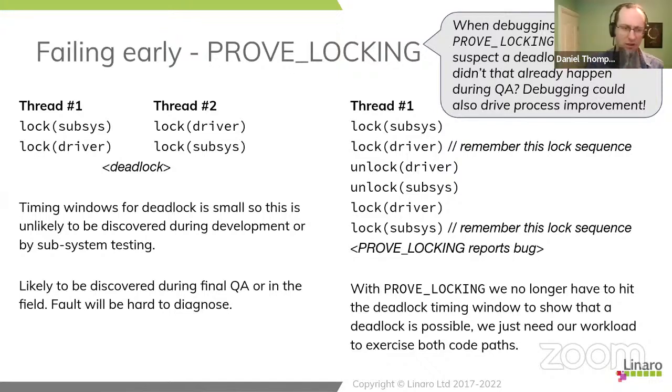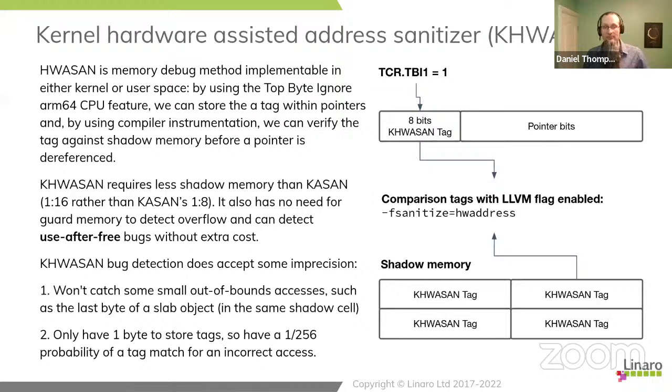We simply need to turn it on and run some representative workloads. That means you're exercising all the different code paths. And as you exercise the code paths, it will automatically be checking to make sure that this type of deadly embrace can't happen. So it's a really powerful technique. It does have lots of costs because remembering the lock sequence is expensive, and then comparing all the lock sequences gives you slightly lumpy behavior because every time you see a new lock sequence, we have to go and check again. I haven't got any figures for how much that costs, incidentally, but it does weigh things down if you're running lock-intensive workloads.